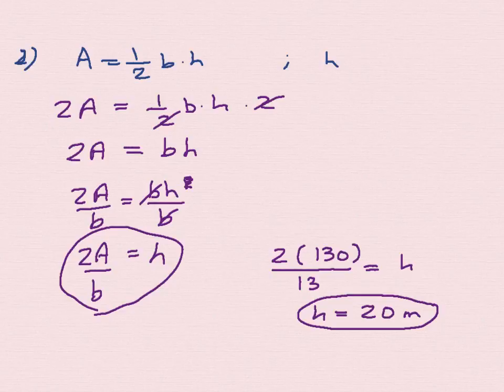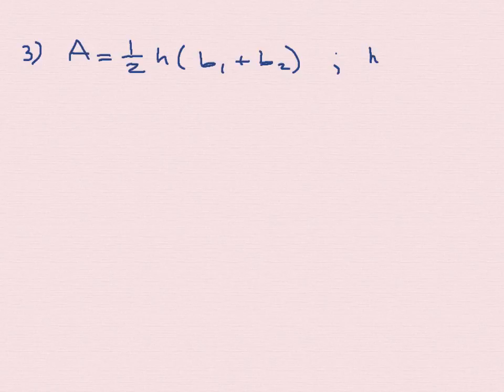Now example 3 is a little more challenging in the way that it looks. It's the formula you should recognize for the area of a trapezoid. You've got the variable A, area, the variable H for the height, the B1 and the B2, which are both, of course, the bases of the trapezoid. We want to solve for the H. The first thing you should probably do here is again to clear your fraction. This whole thing